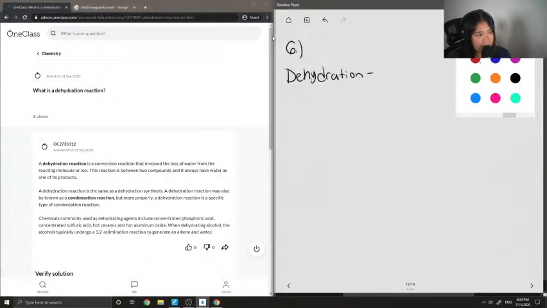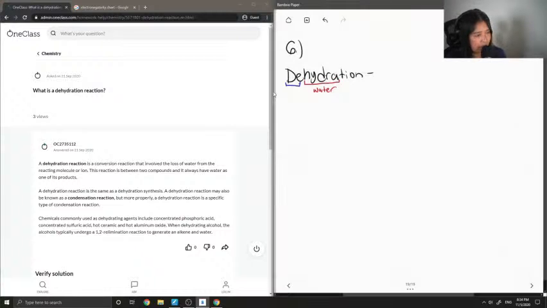You'll notice that it has a suffix that says hydra, so you know it has something to do with water. And then there's a prefix of D, so it's kind of like water removal. But most people know what dehydration means. But basically, in chemistry, it's a reaction where